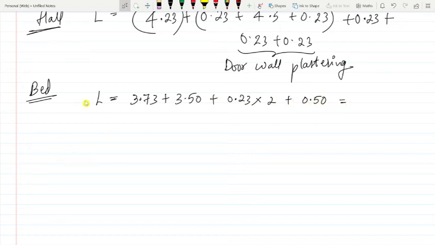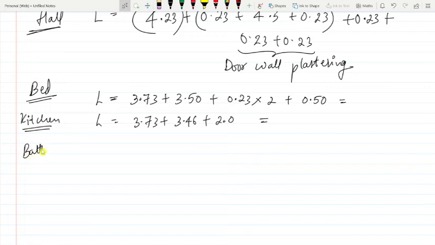Now for the kitchen, the length will be 3.73 plus 3.46 plus 2.0.